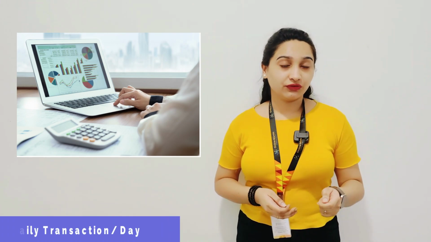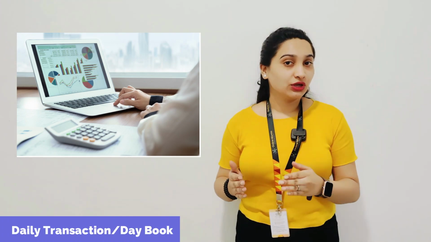So our fifth USP is about the daily transaction and day book. In daily transaction and day book, whatever transactions you have done during the whole day, okay, all those financial transactions will be maintained in your day book. Suppose you have done any sale, suppose you have done any purchase, okay, or else you have given any udhar amount to any of your customers, or else you have given any loan. So all those financial reports will be stored in the day book or daily transaction reports.